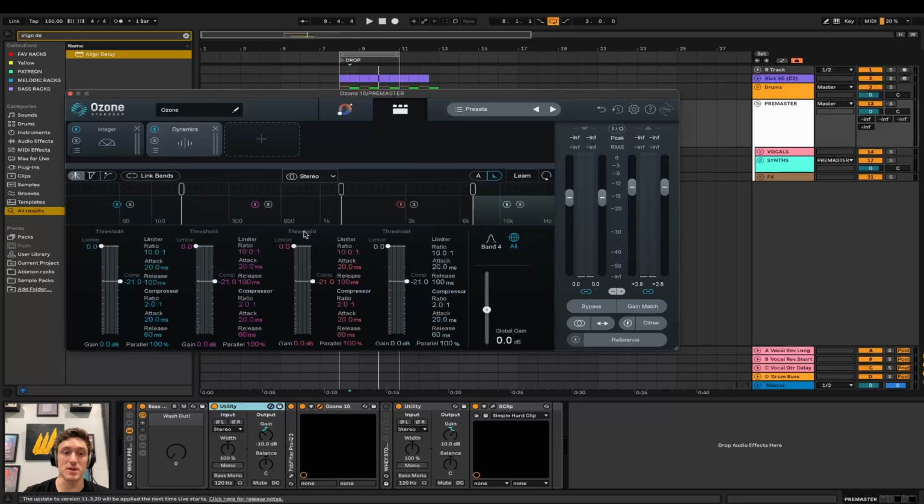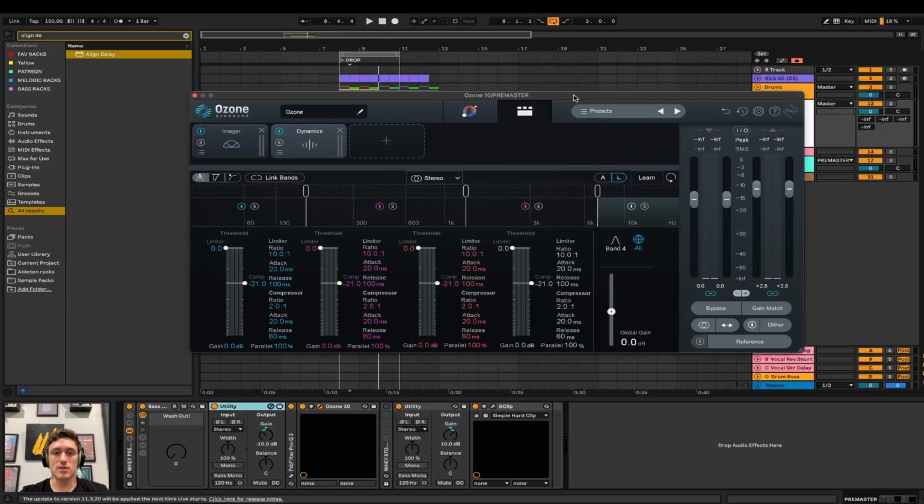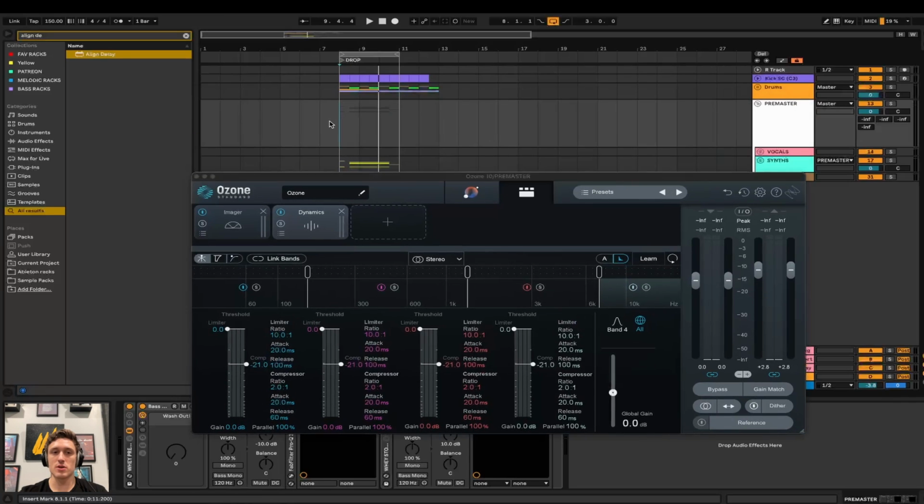And dynamics. This is the biggest thing, it's like compression. I want to show you guys how this works. And I apologize, I'm going to turn this down a little bit. But we're going to compress all these. We have the bands already created. So if I play this real quick on a loop,